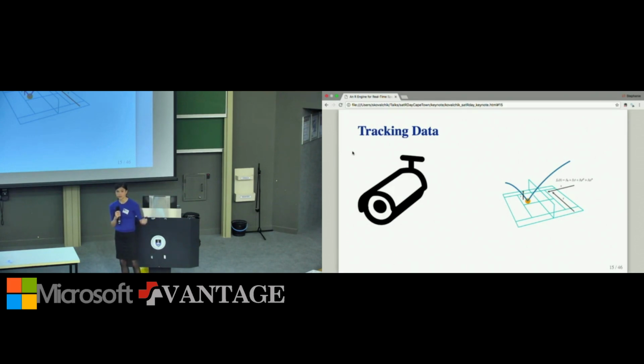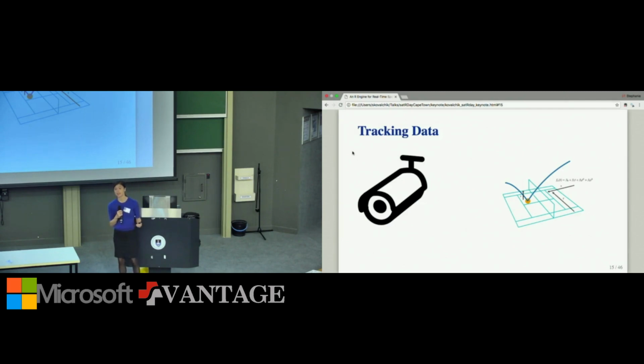So if you've ever watched a professional tennis match over the past few years, you will have seen the player challenge system. That system is a video review system that allows players to challenge a line call if they think that it was made incorrectly. There's a company, Hawk-Eye Technologies, that is now part of Sony, that maintains that system.